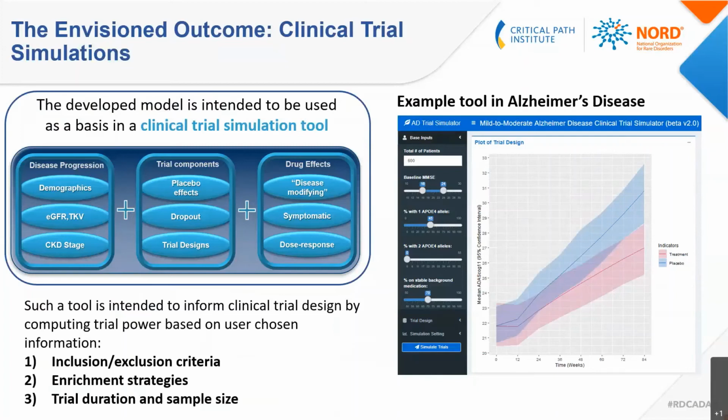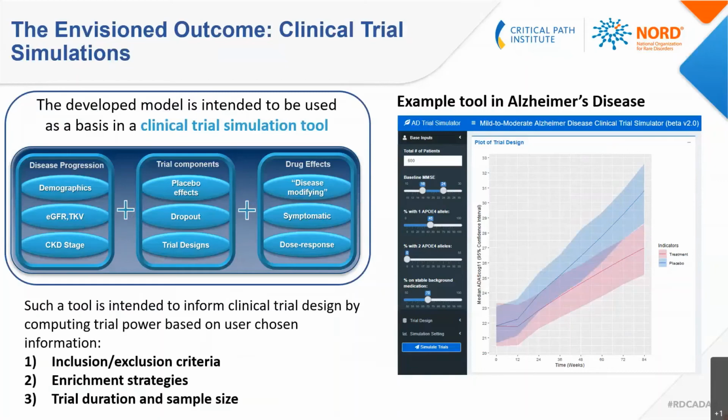And then lastly, we often, when data permits, want to incorporate drug effects. And these are ways of actually simulating the trial so that we have a difference from a placebo group and a treatment group,